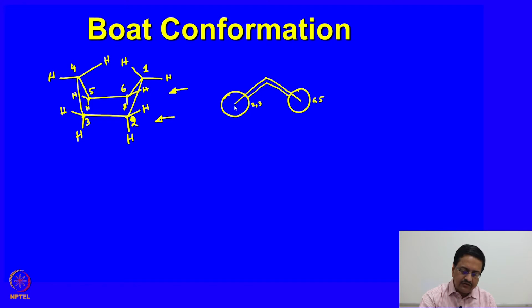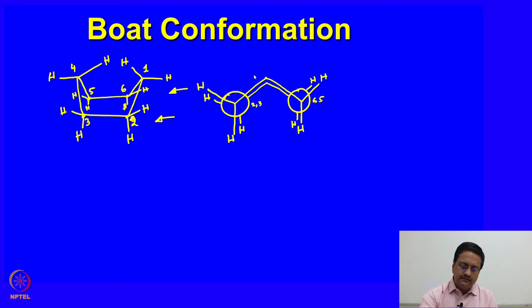Now the other hydrogens that we should draw for 2 are these two hydrogens, and for 6 these are the two other hydrogens. Then on 3 you should have two hydrogens placed like that, and on 5 you should have two hydrogens placed like this. So this will be the corresponding Newman projection of the boat conformation,